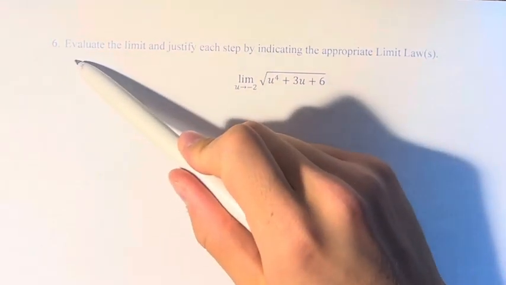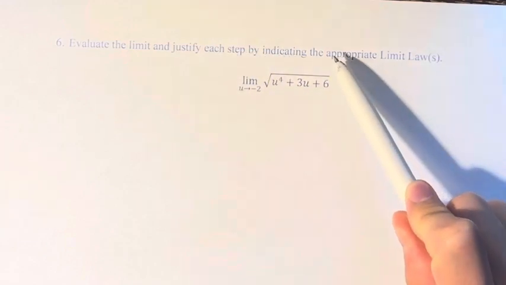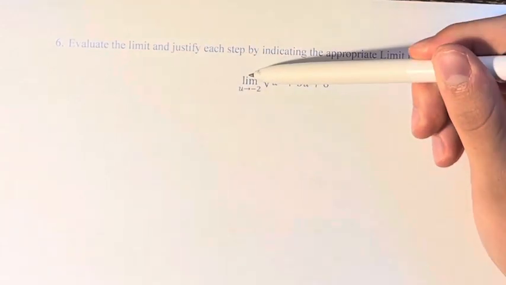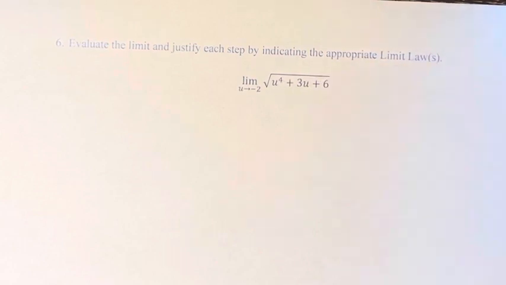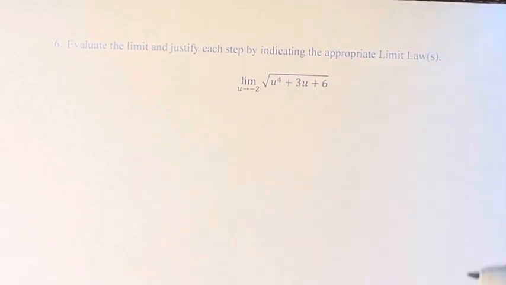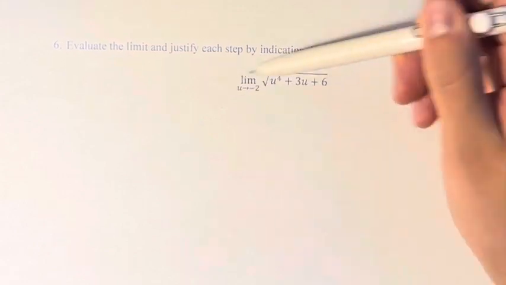In this problem, we're asked to evaluate the limit and justify each step by indicating the appropriate limit laws. So we have the limit as u approaches -2 of the square root of u to the fourth plus 3u plus 6. So what we're going to do is separate these limits